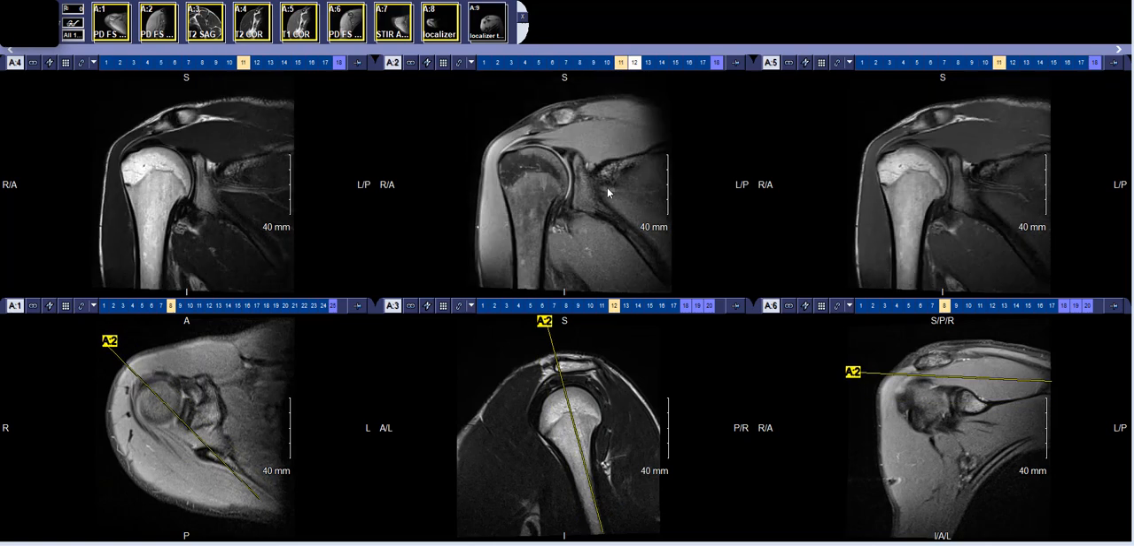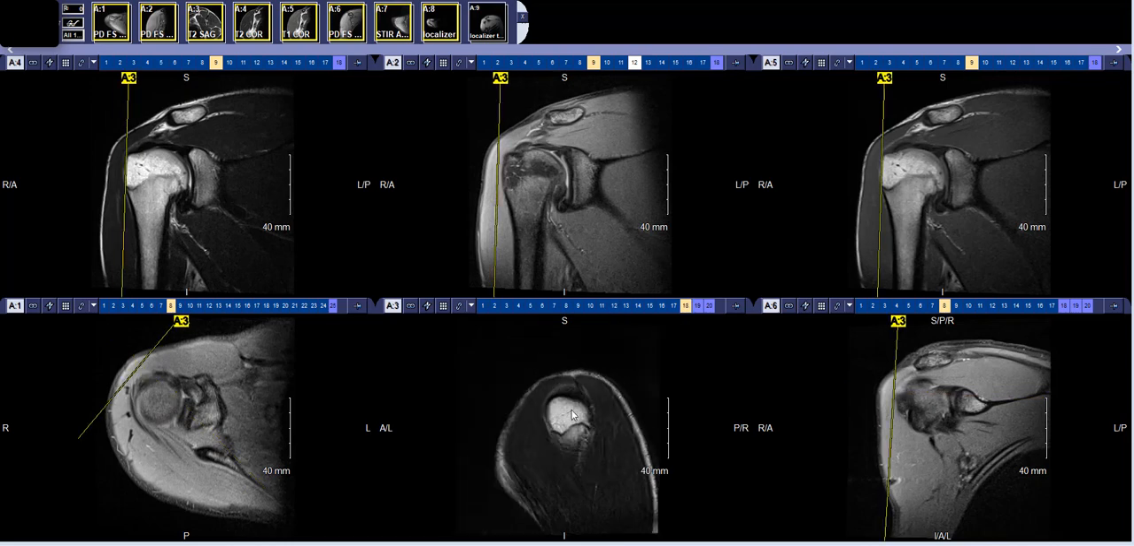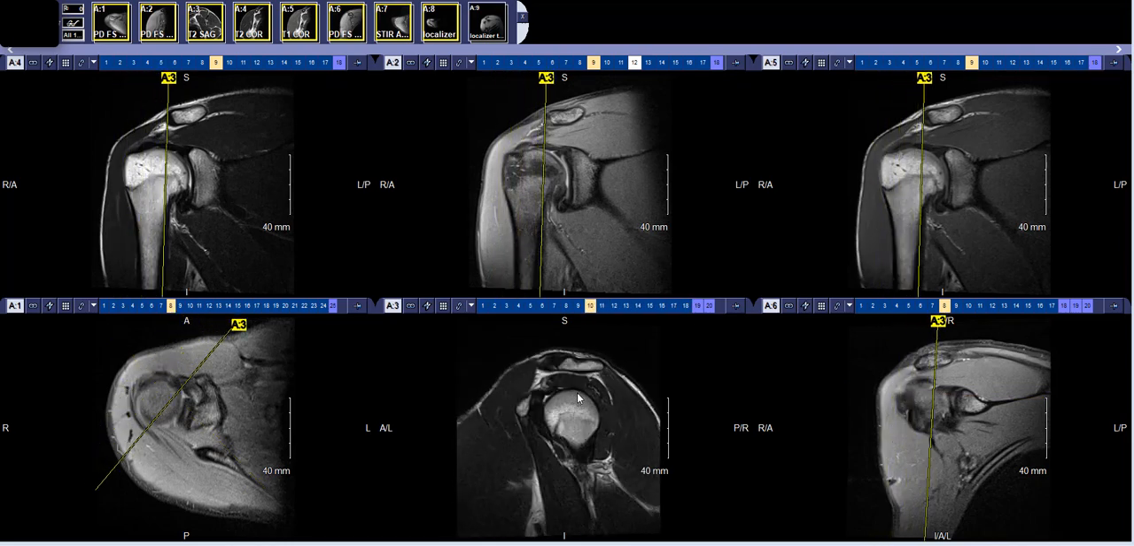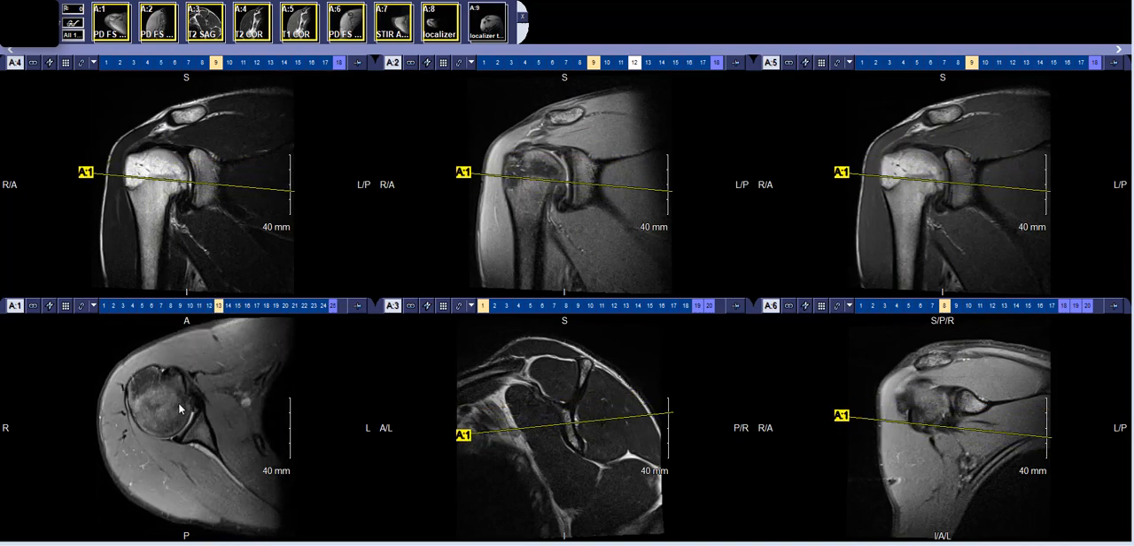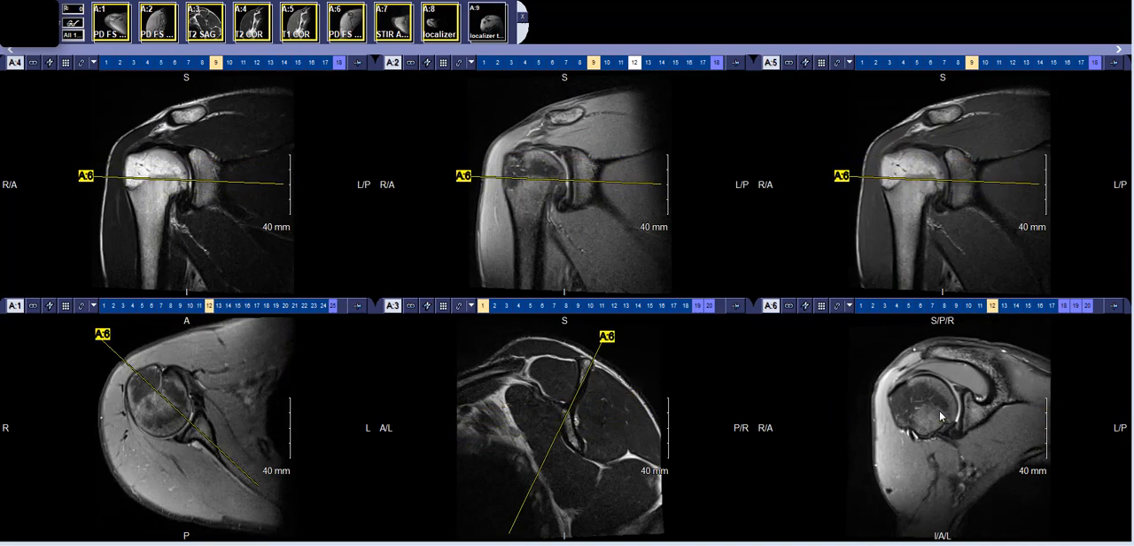So our routine study encompasses 3 coronal sequences. We have a T2 non-fat saturated sequence here on the far left, a PD, proton density fat sat sequence here in the middle, and then a T1 weighted sequence on the far right. We also do a sagittal T2 sequence, an axial PD fat sat sequence, and then also on the bottom right